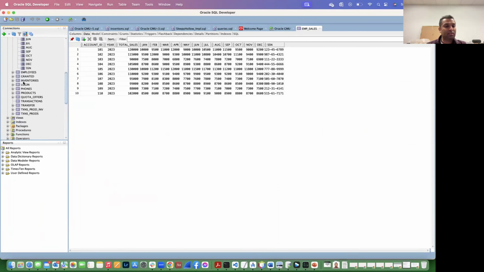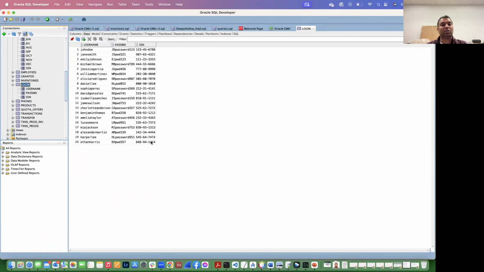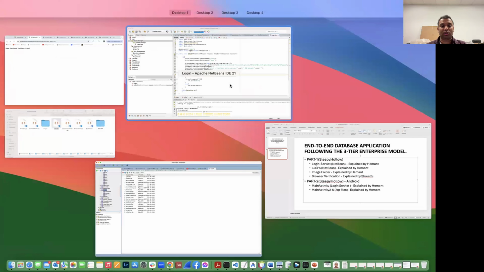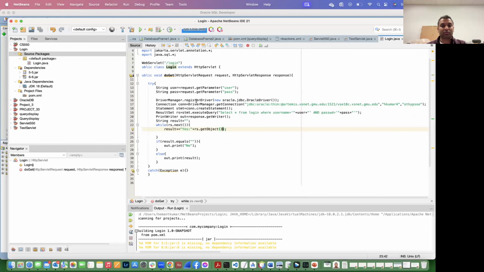In my database, we have SSN on number three, like the object is on number three. So here we used three. The other things were the same: we used the request, then the user and password, and we also need to use the JDBC driver that we have already installed in the dependency, and we also use the